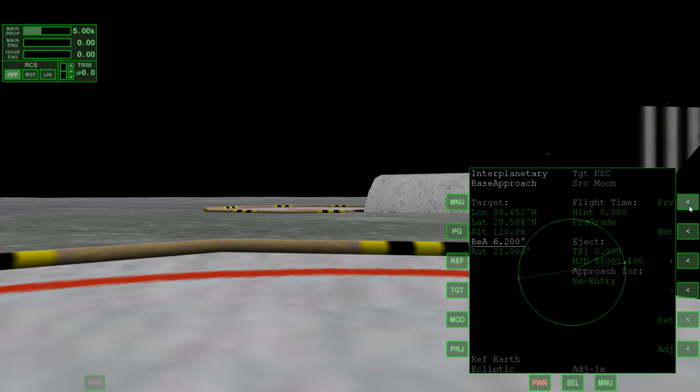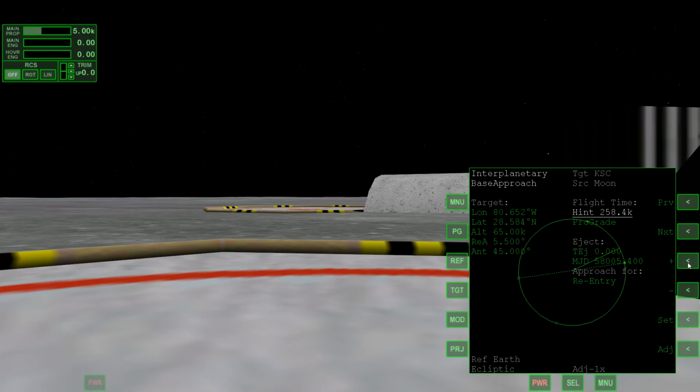Okay, so we're going to set the altitude to 65 kilometers, re-entry angle at 5.5 degrees, and anticipation angle to 45 degrees. These are all values that I've gotten from Dimitri and David Courtney's video. Very helpful. Check that out on YouTube for more detailed instructions on how to use this.